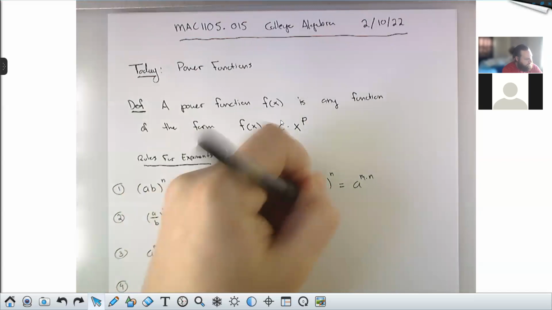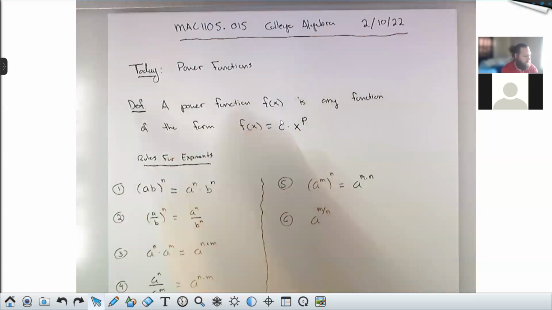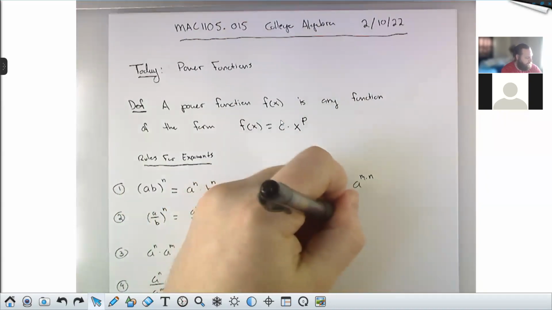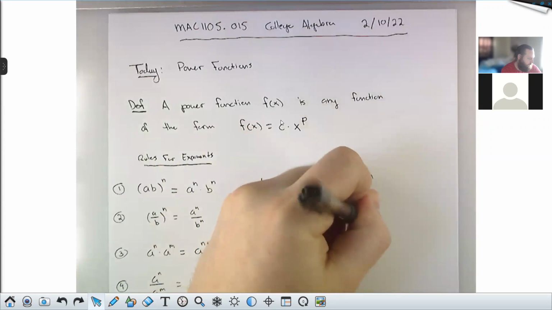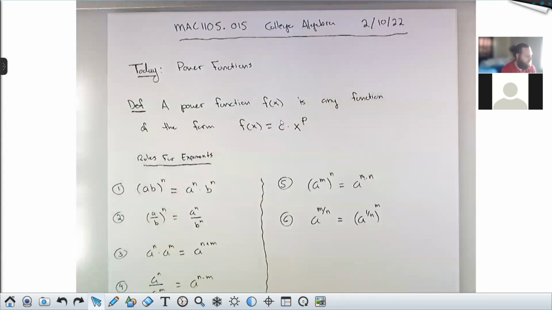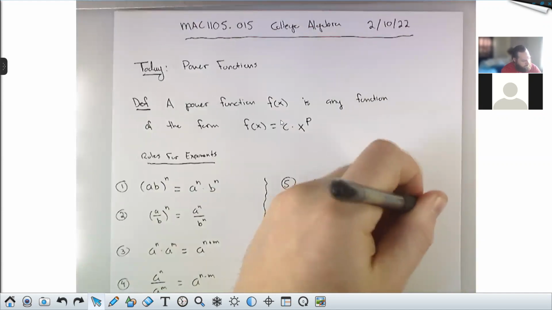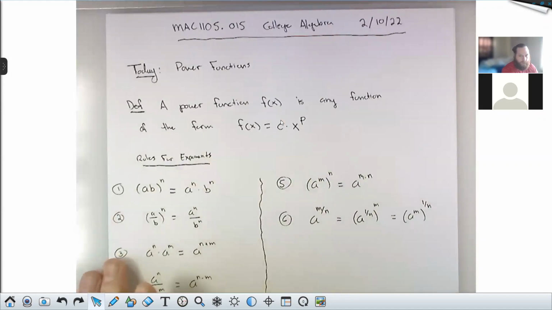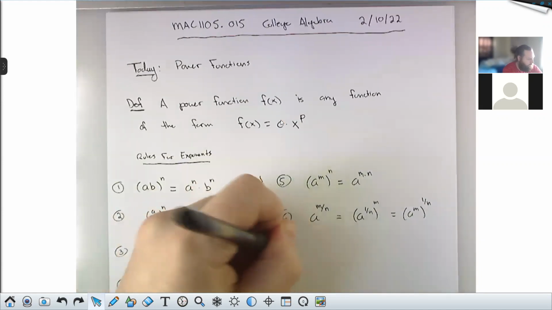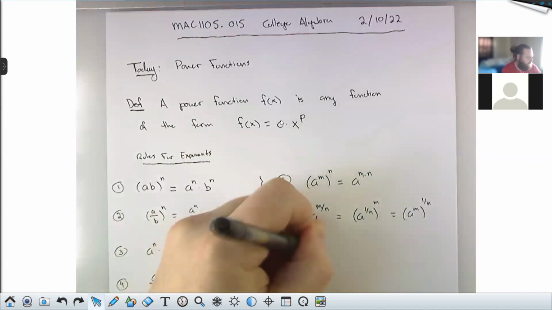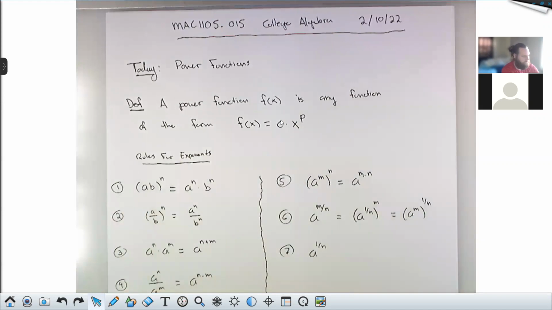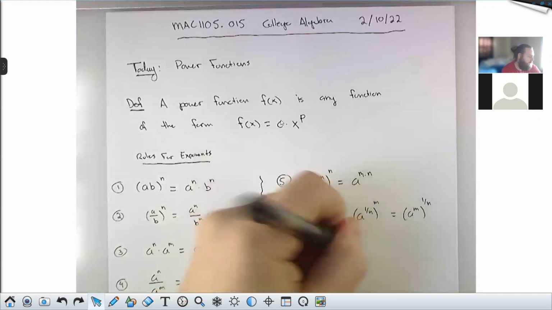And then if you have a power where the power is a ratio, this can be interpreted several different ways. You can think of this as a to the 1 over n all to the m, or a to the m all to the 1 over n. And that's especially useful because this is how roots are defined. So a to the 1 over n is the nth root of some number, I should say, it is the nth root